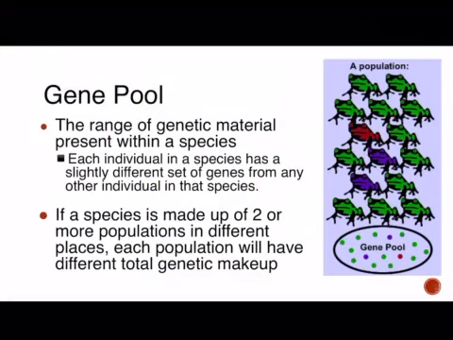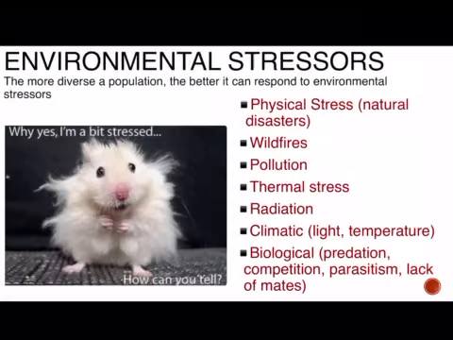Now, many species don't all live in one area. They're spread out, and we have different populations of the same species. So each population tends to have a different gene pool or different genetic makeup. Now, the more diverse a population or the greater that gene pool, the better that it can respond to any environmental stressors. And some examples of these could be something that causes physical stress, like a natural disaster, earthquakes, floods,